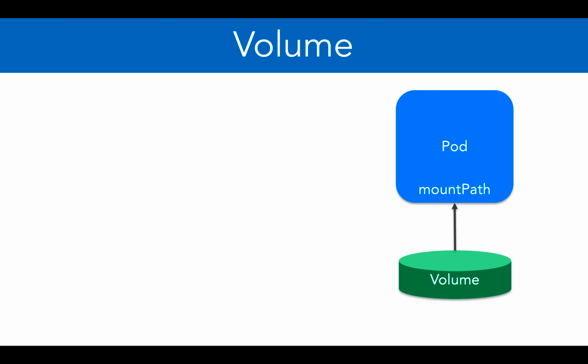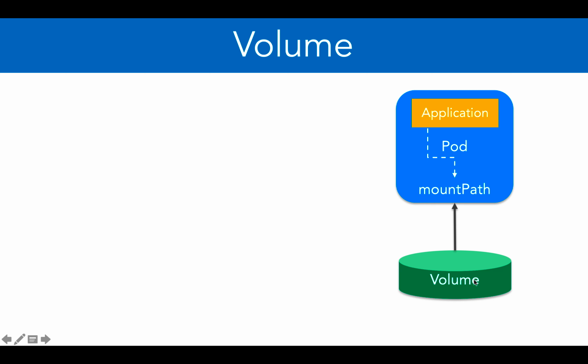Let's say you have a pod and there are multiple containers inside of a pod. Volumes are additional volumes which are beyond the purview of the pod. So volumes are created outside of the pod and associated with a mount path in the pod. So all the containers in the pod will have access to the same mount path and eventually will have access to the volume. Now whenever the application wants to write in that mount path, whatever data is put by the application in that mount path will be eventually put inside of the volume.